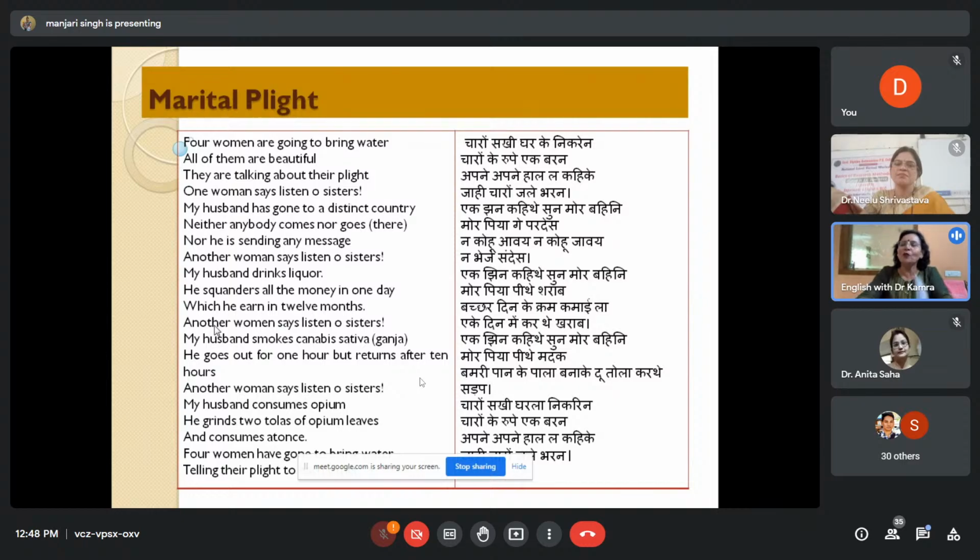See, so here you will find that water is associated here. They strive to make their family survive, and at the same time, this also is connected with the tears that they are shedding when 4 of them meet. So water with 2 different connotations here. And then see how green cultural studies can be looked into this.